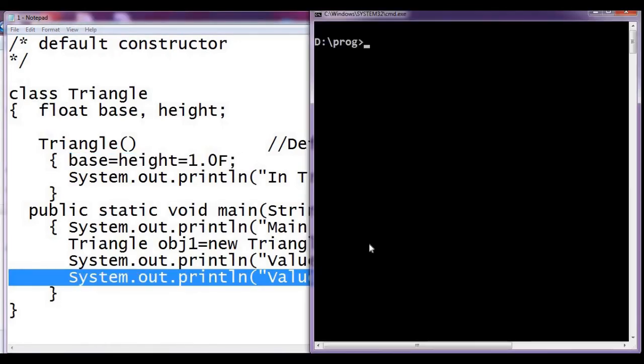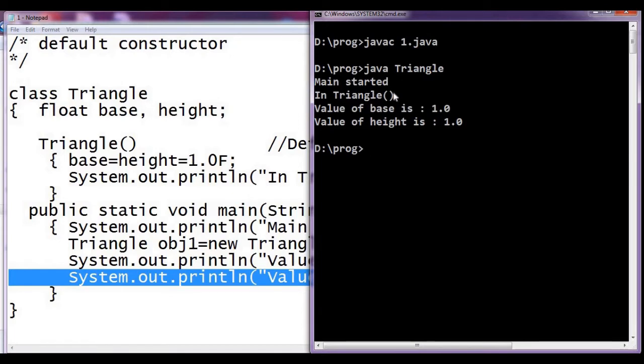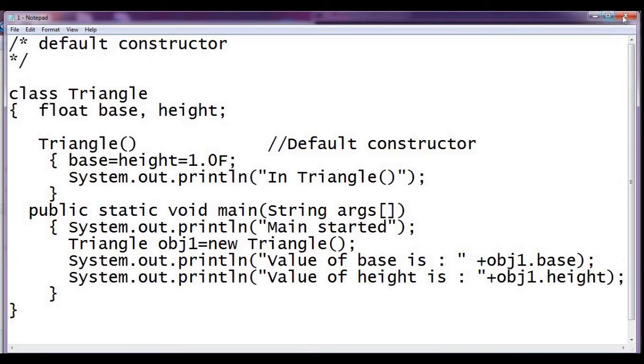Let us see this. See, the constructor has put the value 1 and 1 for the base and height. So we can initialize the object when we create it. Let us go for the second program.